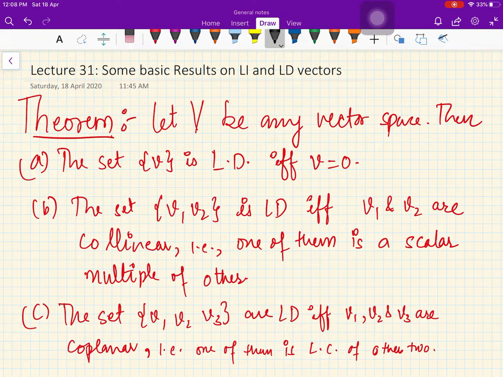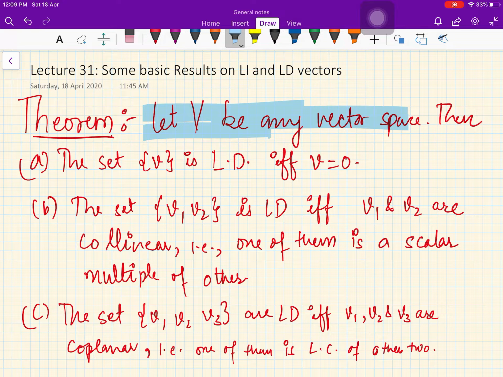In the last video we have seen geometrically what we mean by linearly dependent vectors when we are in R2 and R3. The same result which I quoted in the last video, I am writing in the form of a theorem, and I'll try to prove it analytically, so that if you have questions in the exam that ask you to prove something, you should know how to prove it properly. So let me first explain what the theorem is.